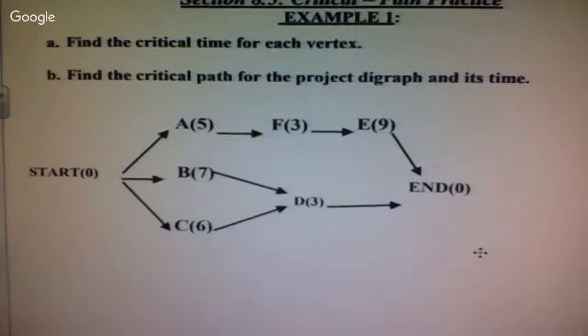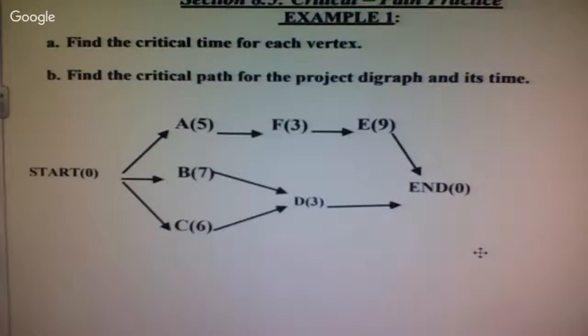All right, friends. So our goal yesterday when we were scheduling all this stuff was to come up with the smallest optimal time. Okay? We want to get things done as fast as we can. So the easiest way to do that is finding the critical time for each vertex. The critical time for each vertex is the total time that it takes from that vertex to get to